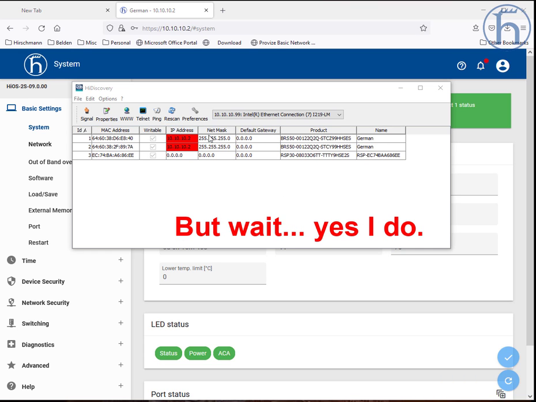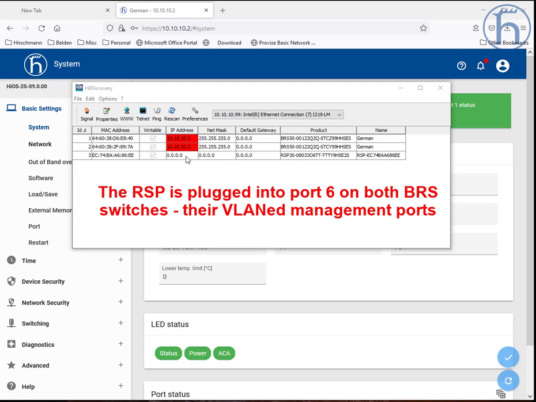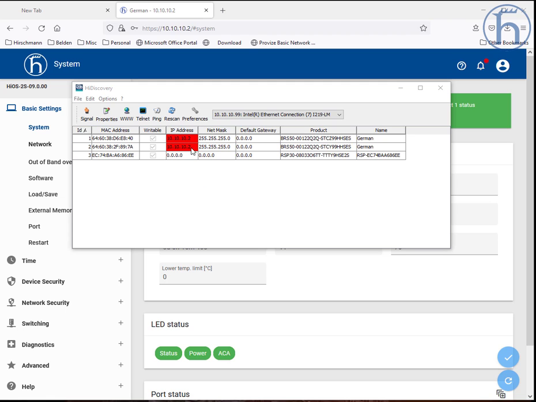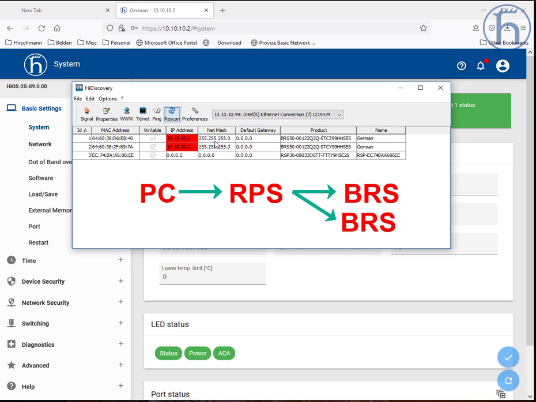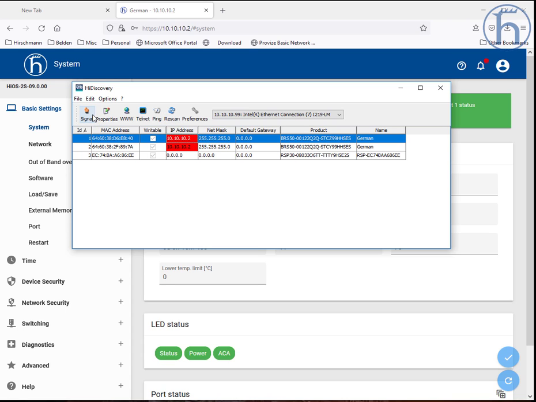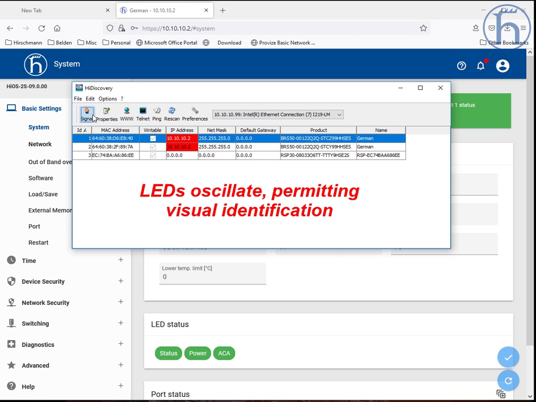Quick heads up. I've plugged into this RSP, and that RSP is then plugged into this BRS, and that same RSP is then also plugged into the other BRS, actually into both of their management ports. And as a result, I can see both of them here in HiView. And if wired like this, because you have access to both of these, I can click on the first one, I can signal it, I know that this is the right one,